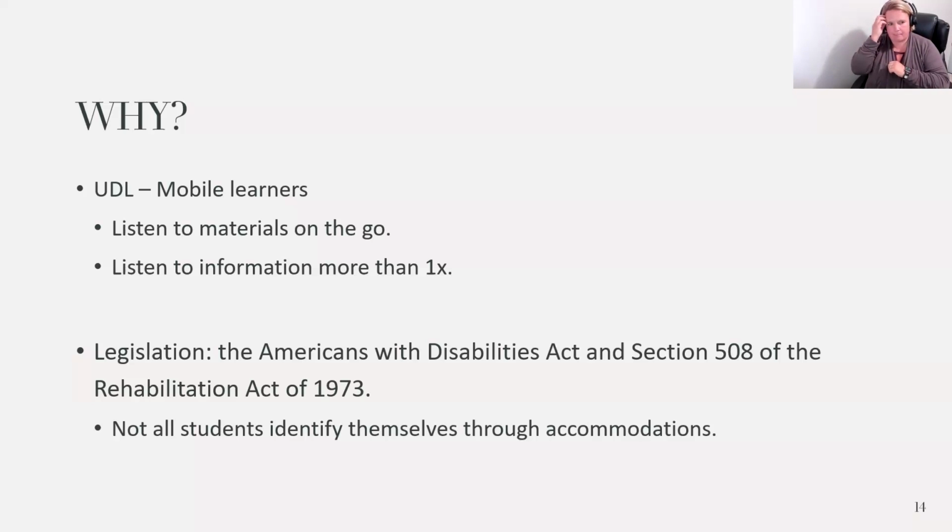So UDL, I really like the concept because it is about everyone, and not all of our students will go and get formal accommodations, for whatever reason. Like my son is colorblind, he can't see green, but he's not going to go through all of that to indicate he can't see green. But when things are created with universal design and ADA compliance, you get the color contrast, and it recommends things that are not so green, that everybody can see. So I really like that.